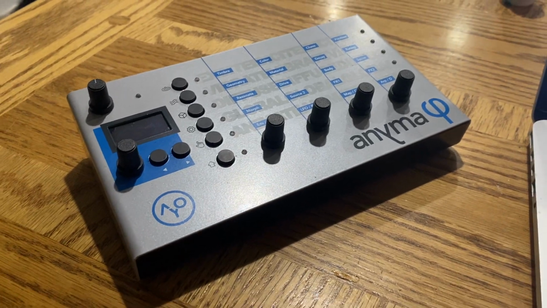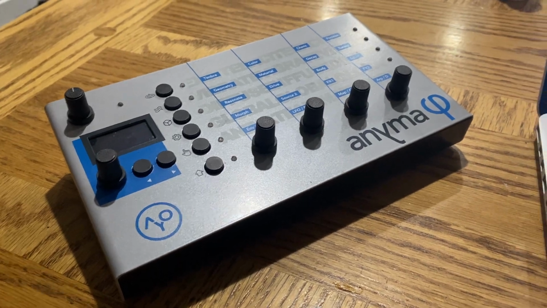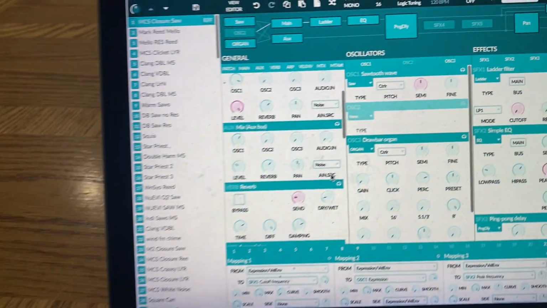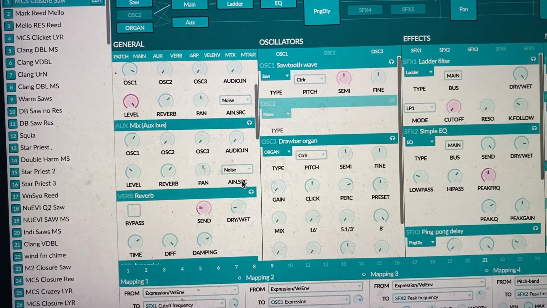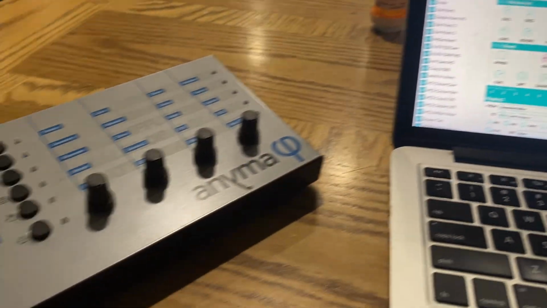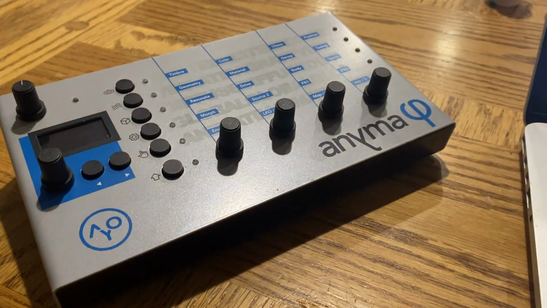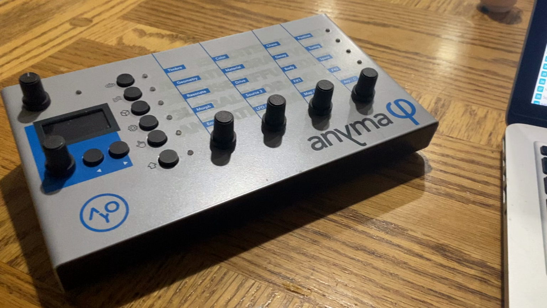I deeply love the Anyma Phi, the hardware version, and now they've come out with the Anyma V, as in Victor, the plug-in or standalone computer software version. They both sound amazing, and the patches can be sent back and forth, and they're meant to be seamless, but there's a couple little bugs in it. But the big one